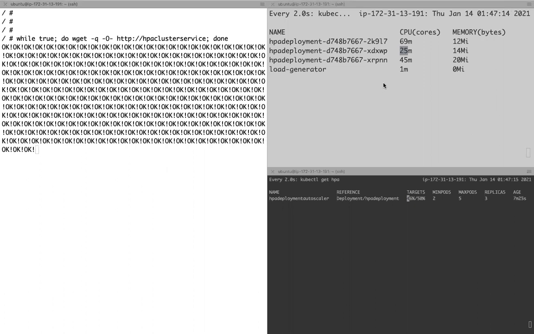Or if your cluster is running out of resources, will it scale up, scale down the servers? No, right? It will not do that. That's why we have a managed Kubernetes cluster.